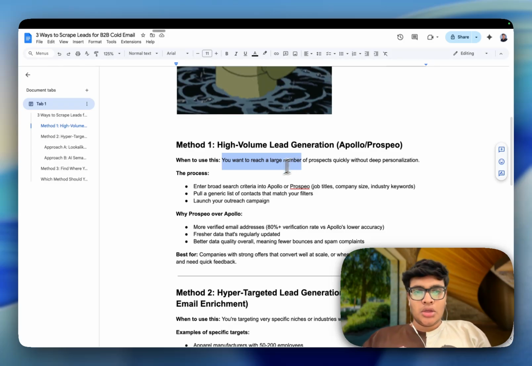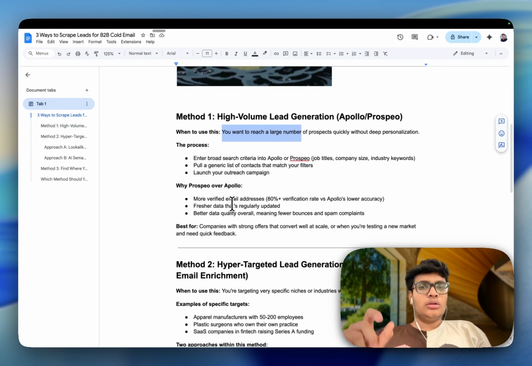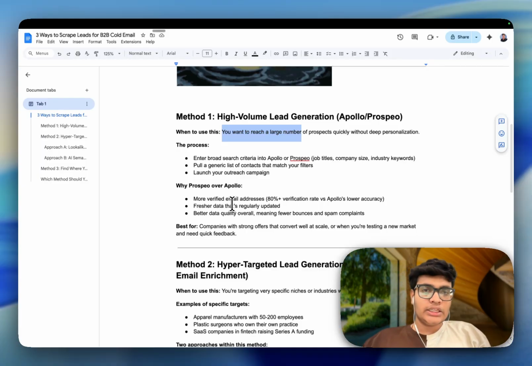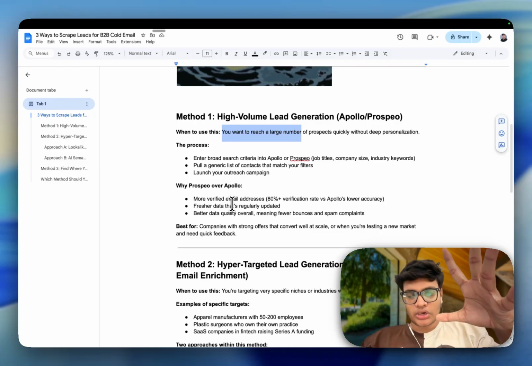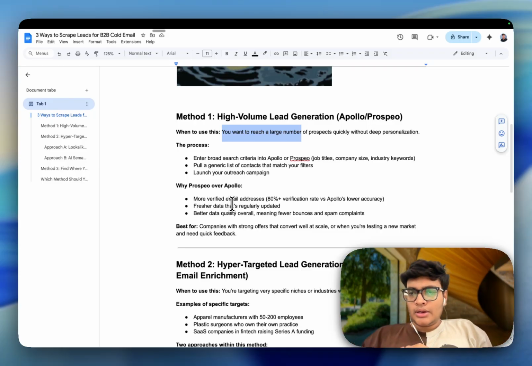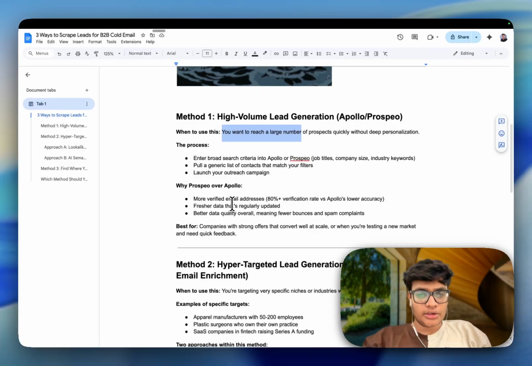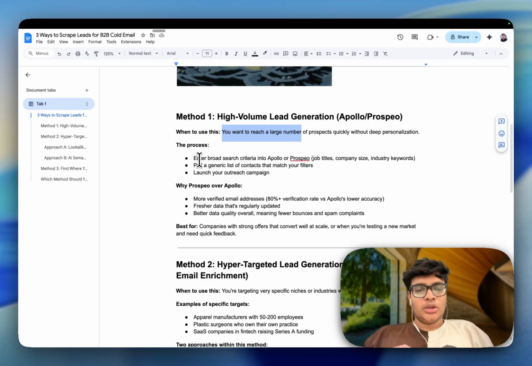So let's say, I would say any kind of SaaS companies, or any kind of software companies, or any IT company, right? Or investment banks, or private equity firms, or something like that, a broad industry where you want to reach out to a large number of prospects. And there's no deep personalization, because you are not reaching out to a particular segment in the industry, right? So the process would be simple. I use